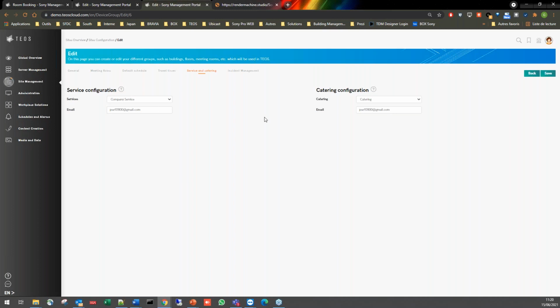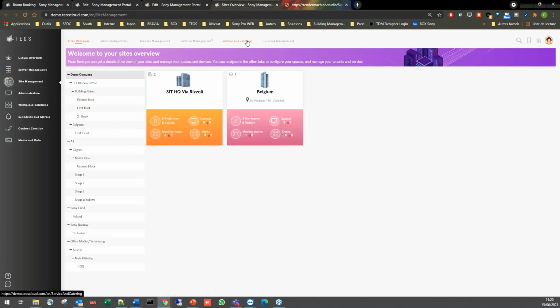So it's an email, and of course, by sending an email, you may know, if you use a ServiceNow or Jira type of platform, they can take an email automatically and create a ticket based on that. So just in a second to show you what type of options you have when doing the service and